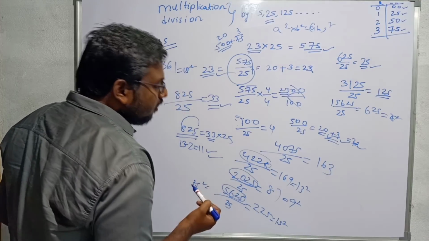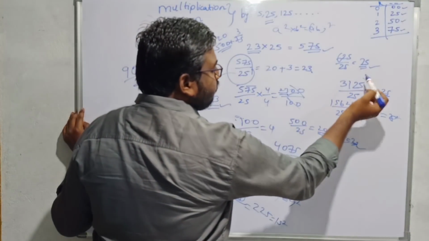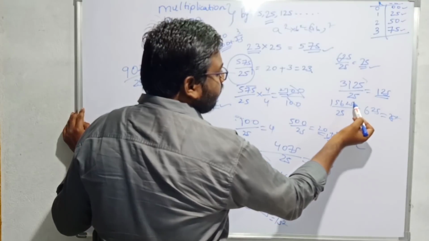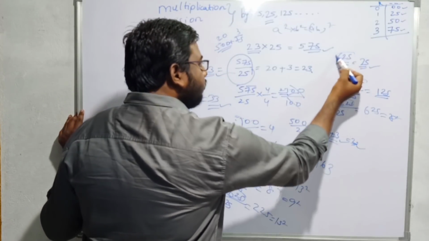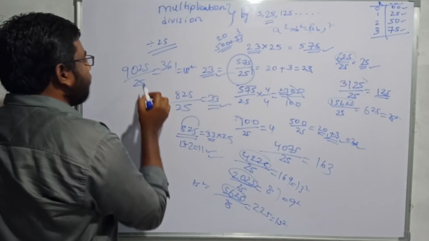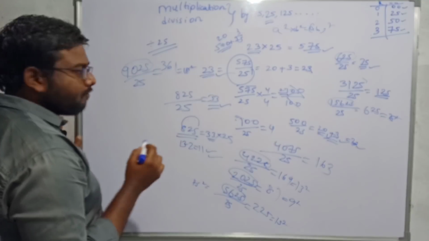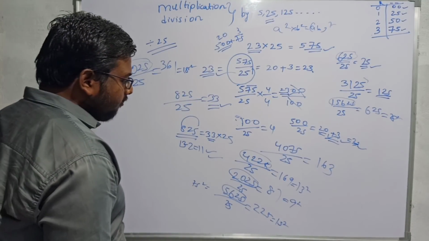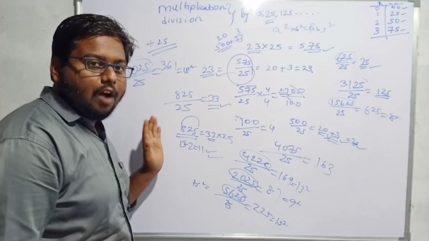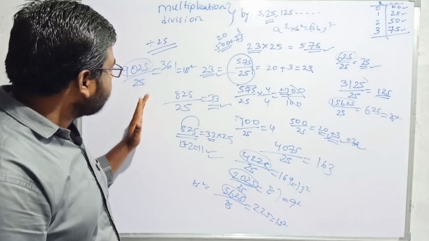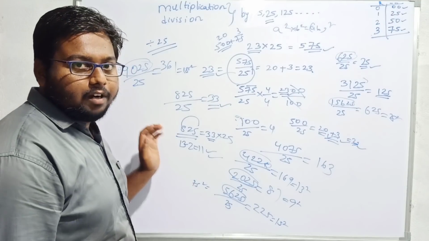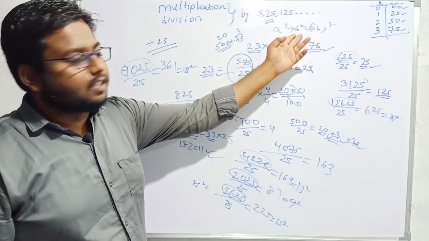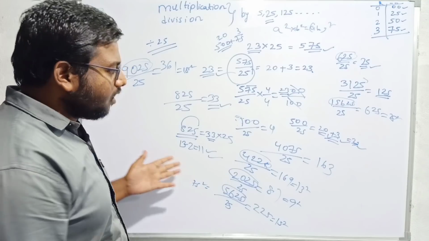4225, 5225, 5625, 3125, not a perfect square. 15625, and 625 by 25 is 625, also a perfect square. 9025 is also a perfect square. So from this, what we have to observe is we are getting a square number. You have to develop your conceptual skills. Why am I getting this square number? If you observe, you will get the reason for this. You can discuss the reason exactly also.